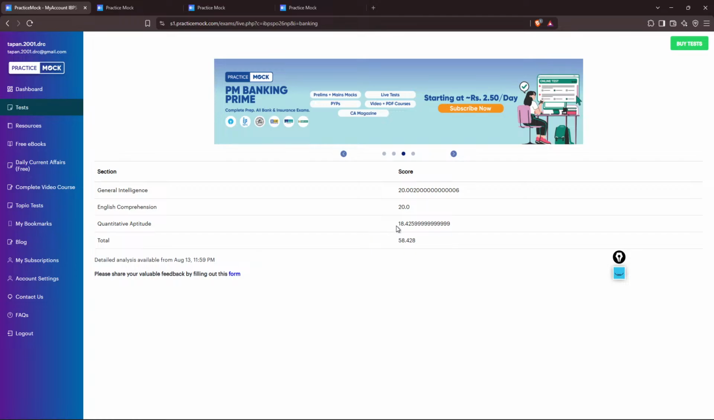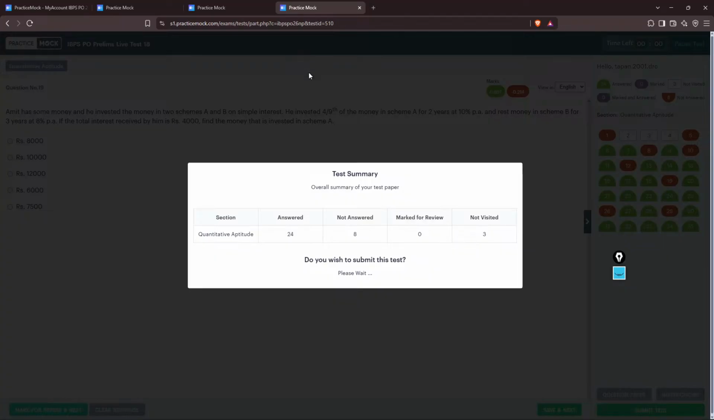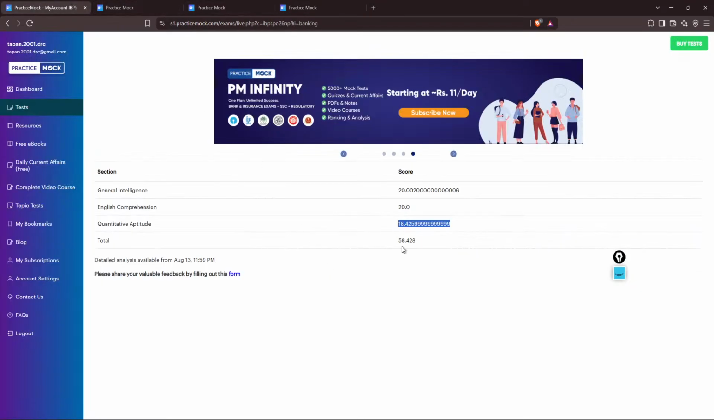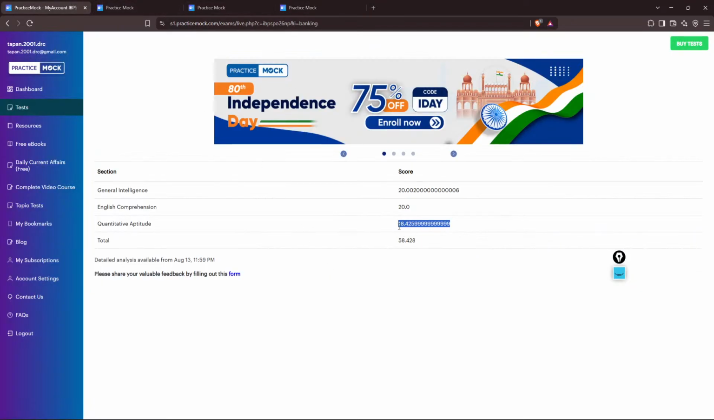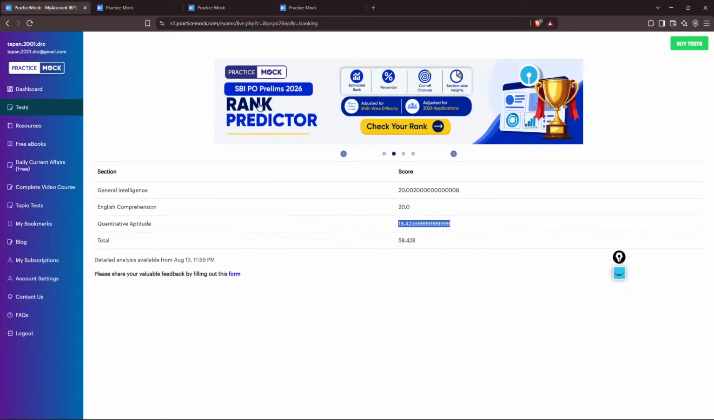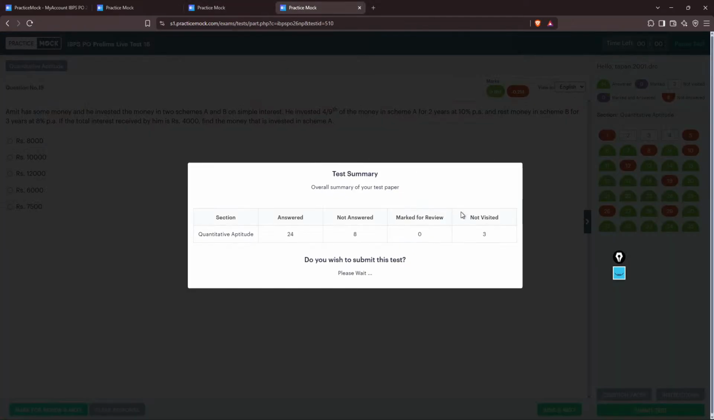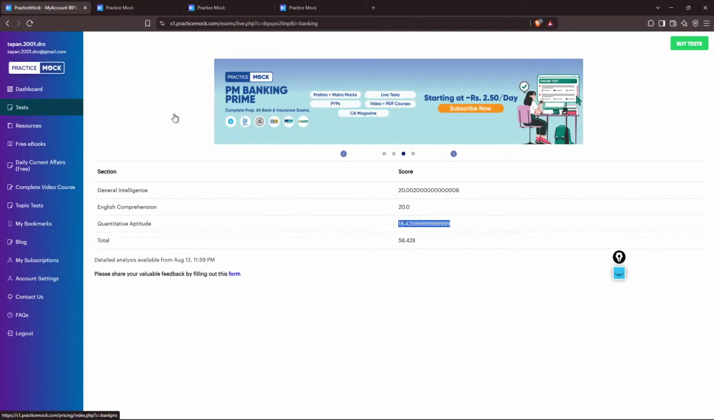But Quant is very low. I attempted close to 23, 24, I guess, 24. But this means I have committed 4 mistakes. So that's not to my liking. But I cannot see where I have committed those mistakes. So I guess that's it for now. Thanks for